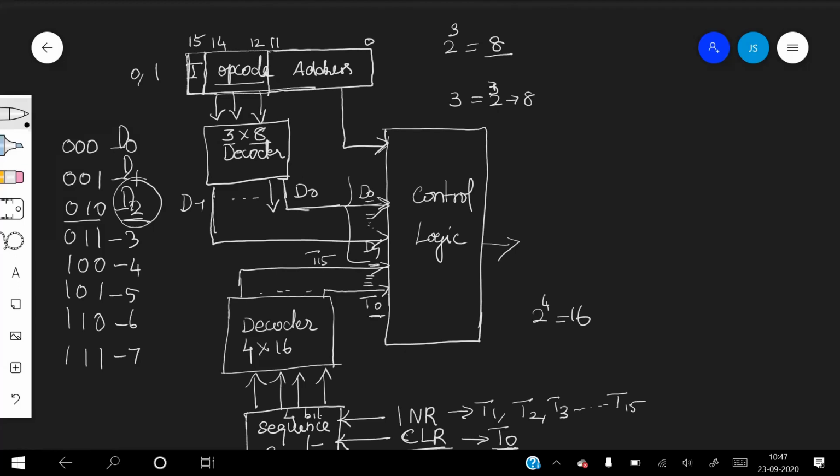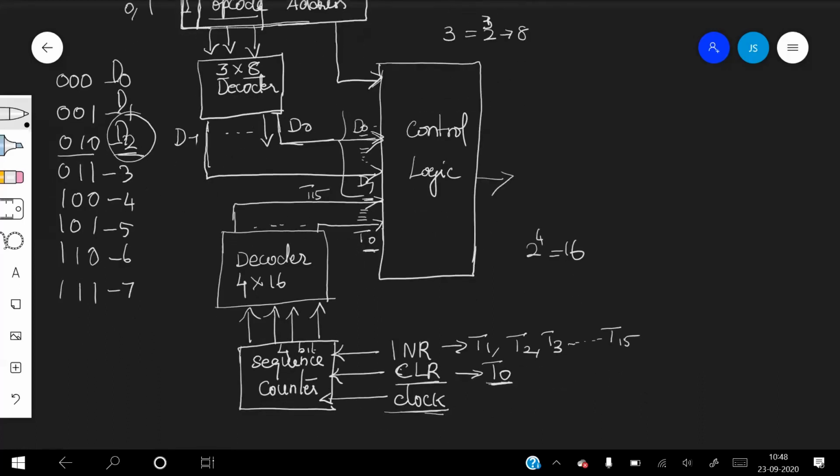They are represented by D0 to D7. D0 means one operation and D1 is another operation. Let's say D1 is add, D2 is increment, and so on for the arithmetic and logic operations. And there is a control input that needs to be active to perform that particular operation. The timing has to be determined by the clock, right? When this particular operation can be performed is done by the clock, and the sequence counter responding to the clock signal.